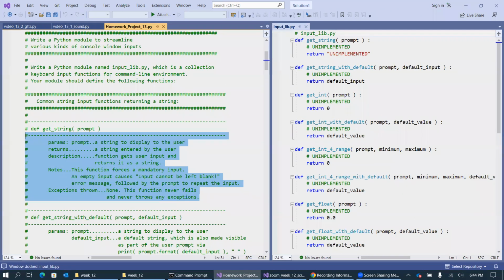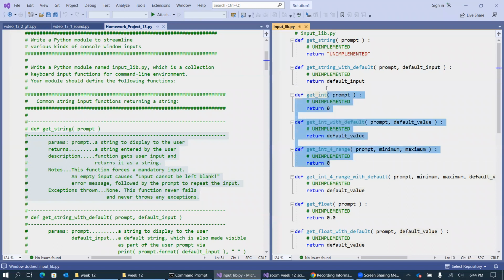And the reason for that is not to clutter the screen over here, but to allow you to see most of my demo code on one page. So when you write your own code for this project, and you're welcome to use this file to complete the work, I recommend that you copy and paste all of these descriptions from the requirements for each of the functions that explains what it does and what the input parameters are and what the return types are and so forth. Okay,